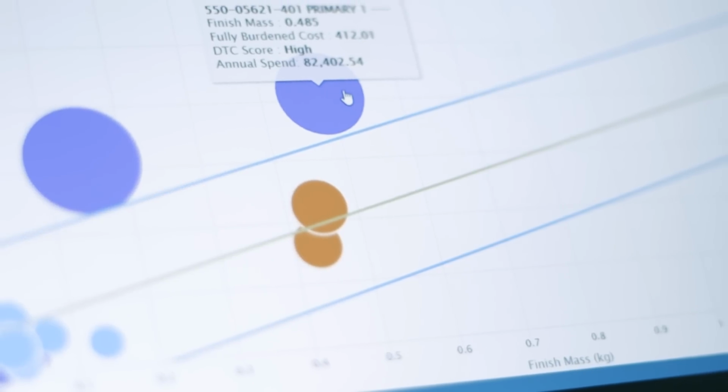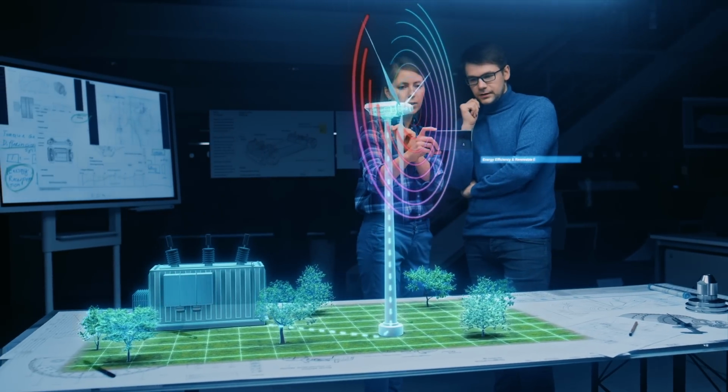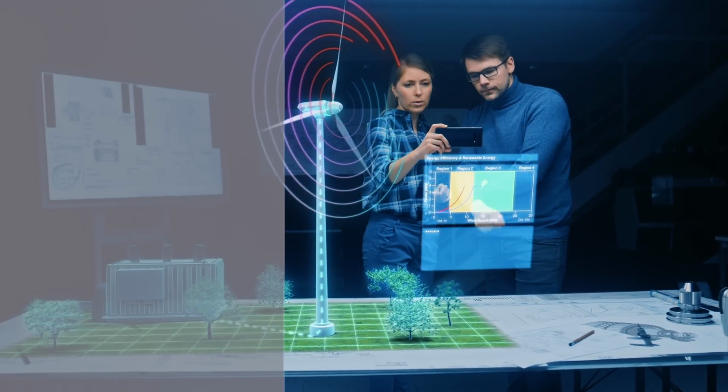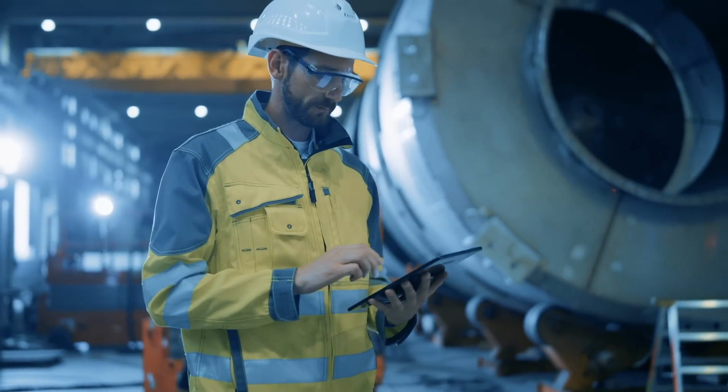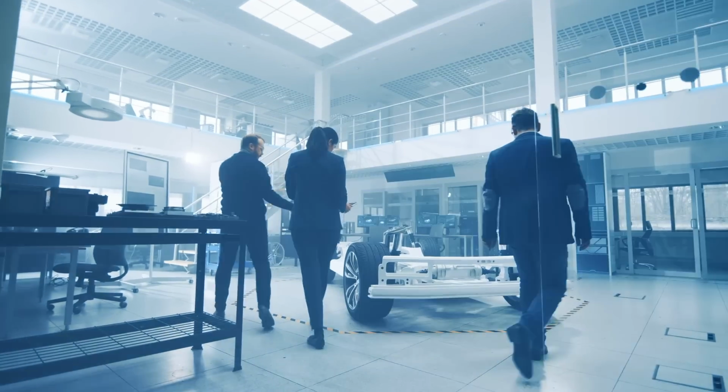Early detection of issues through automated manufacturing simulation lowers the cost and prevents late-stage engineering change orders, allowing you to focus on innovation and stay one step ahead of your